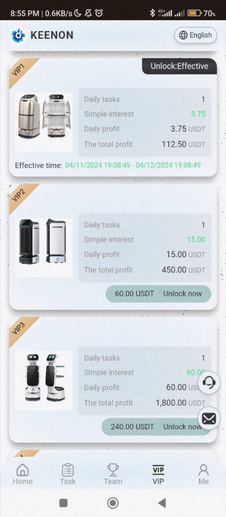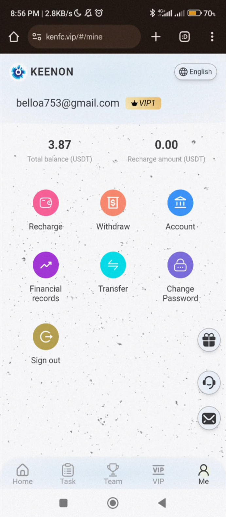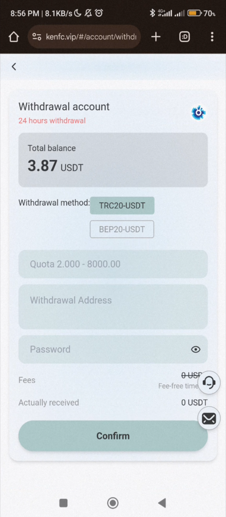Then you earn directly to your balance, which you can withdraw to your bank account and to your crypto wallet right now. So right now we'll show you guys how you can recharge and how you can also withdraw to your crypto wallet. So right here are the other VIP tasks where you can go. So let's go ahead and click on withdrawal page,